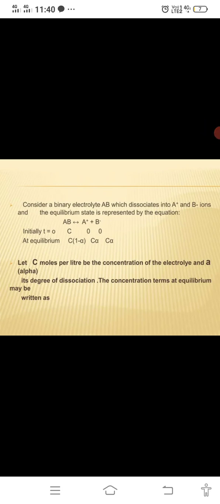Consider a binary electrolyte AB which dissociates into A plus and B minus ions, and the equilibrium state is represented by the equation AB gives A plus plus B minus. Let C moles per liter be the concentration of the electrolyte and alpha the degree of dissociation. The concentration terms at equilibrium may be written as